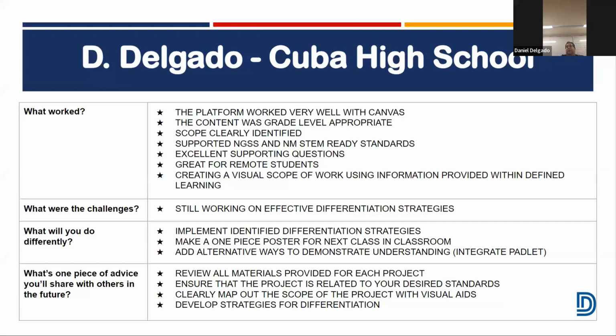One of the things that we've learned here at the district is that one of the challenges we had from the get-go with PBL was really making sure that the students didn't see it as an extra thing that we were throwing at them. It's not supposed to be an extra thing. It's supposed to be incorporated into the class. We found out really early on that if it's seen as something extra that we're putting on top of everything else that we put on the students, it's really met with a lot of